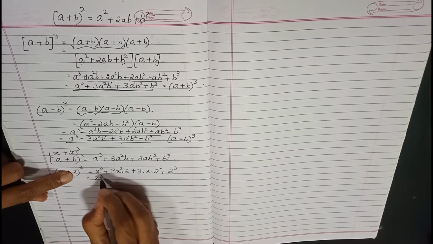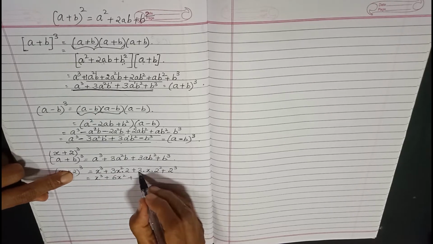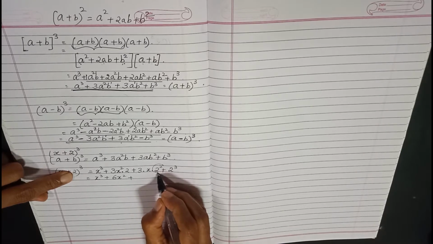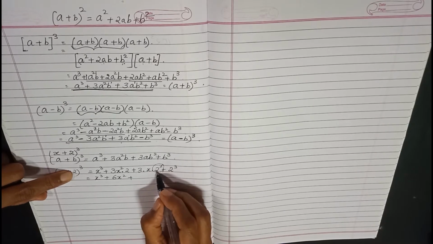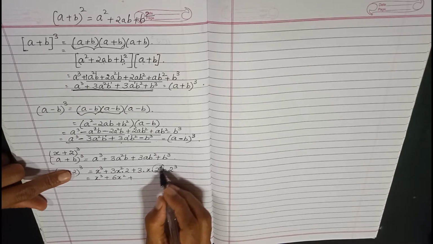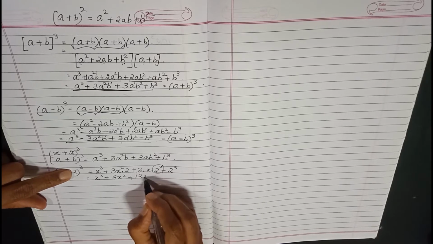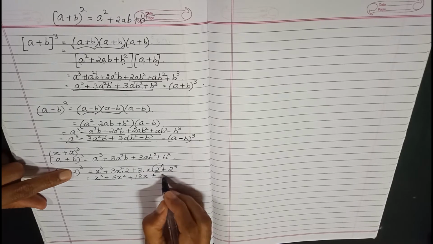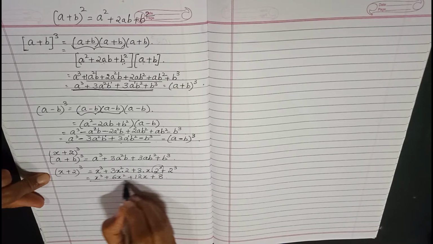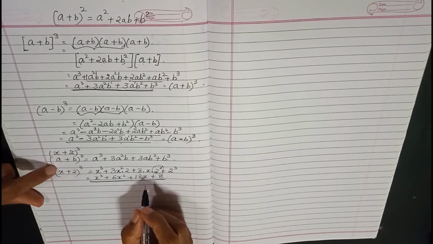So let's multiply now. 3 into 2 is 6x square. Now before you multiply these two, you should finish the function of this. This square is only for 2. So you should not do 3 into 2 and then square. First you should square this and then multiply. So 2 square is 4. 4 3s are 12. So 12x, and 2 cube is nothing but 8. So this is how you get an expansion of (a plus b) type.